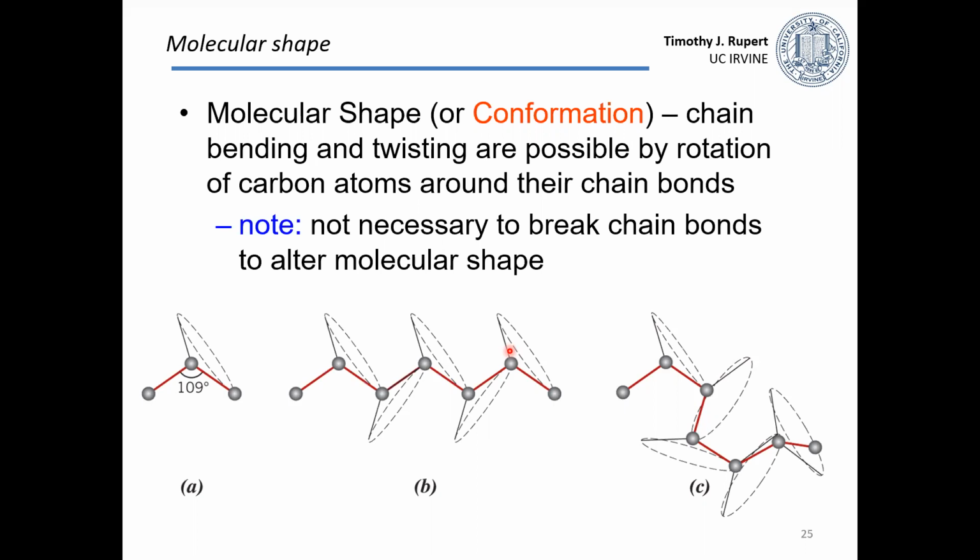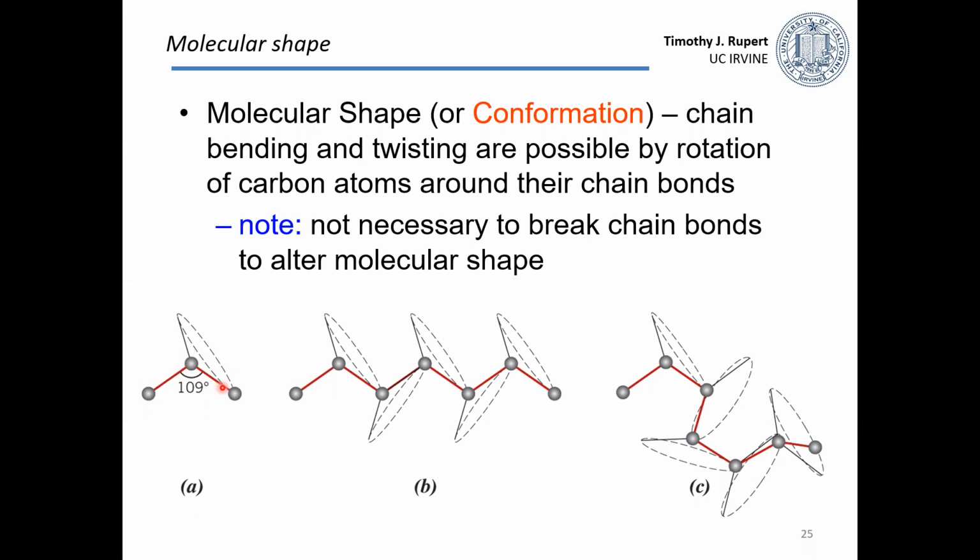So we care about what goes into the polymer itself. What's the repeat unit? We care about how many repeating units we have. But even knowing that, there's lots of other variety we can have within or between different polymers. One thing that can change is the molecular shape. So if you know your polymer and you even know the angles between these different atoms on your mer, you can think about putting them